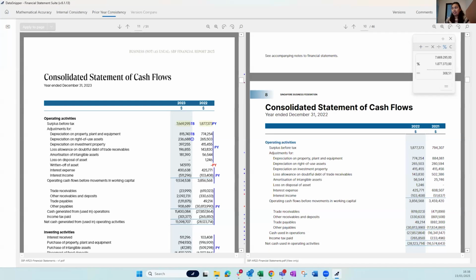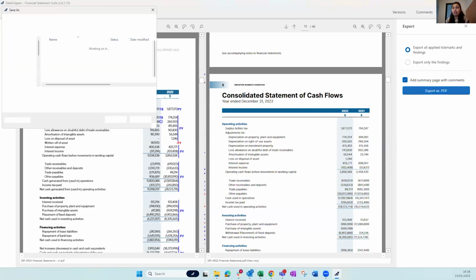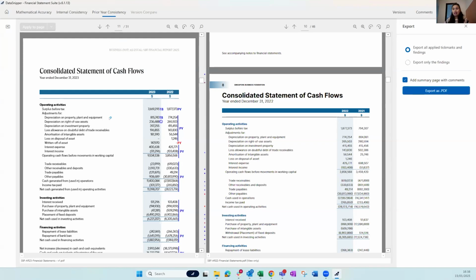Perfect. So let's say we finished our first review and we have an option called export. You can either export this reviewed version with all applied findings and tick marks, or you can just export it with only findings. I'm going to apply all the tick marks and findings in an exported version. You have to choose a path where you would like to save it. And once you save the reviewed version,